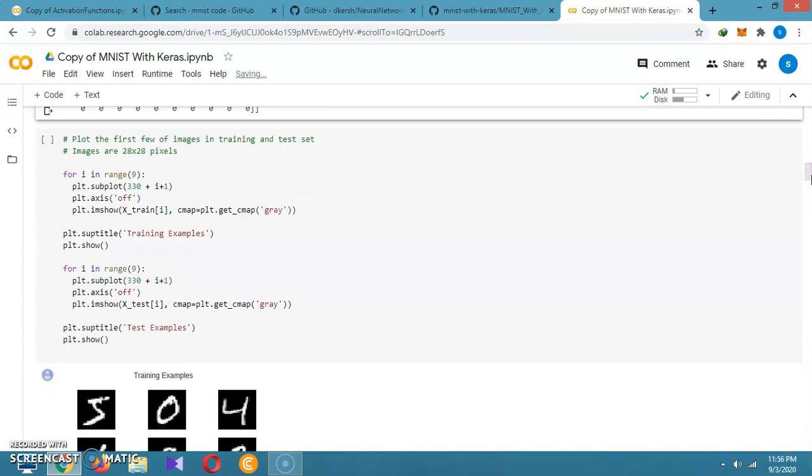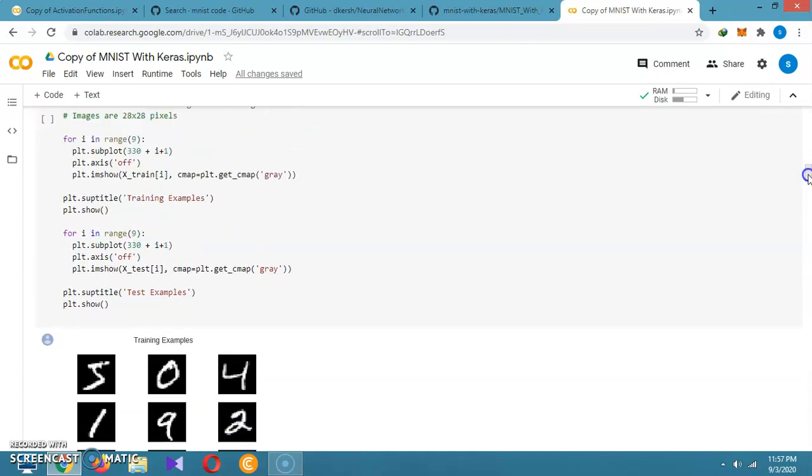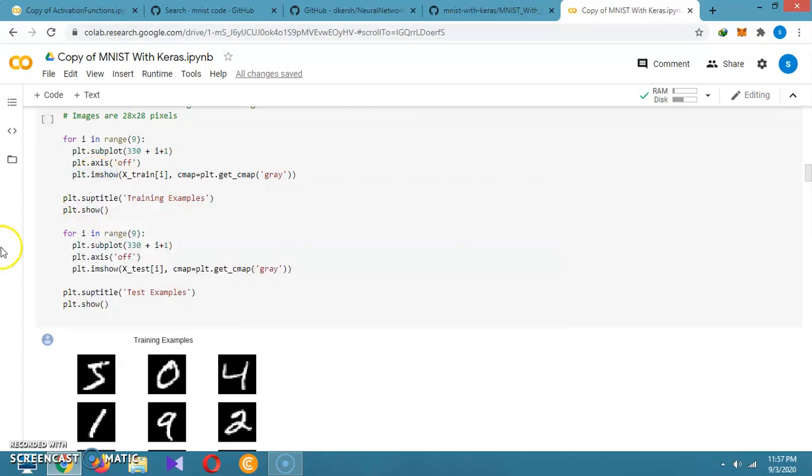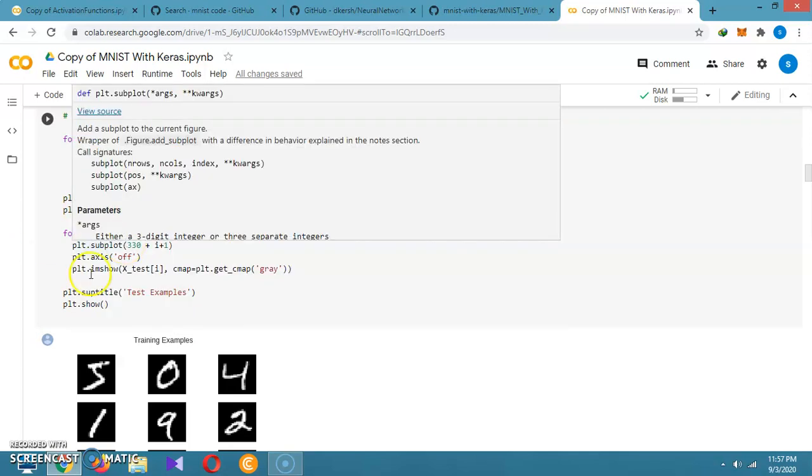Then after that, we plot these images. So we are plotting some images in the range of 0 to 9, because the digits are in the range of 0 to 9. In the range of 9, we are plotting the subplot with x plus 1, and we turn off the axis because we don't want to show it.